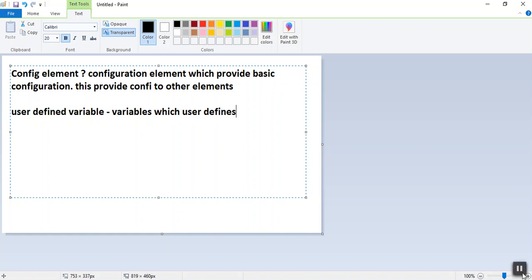We define x is equal to 10, y is equal to 50, these types of variables. For example, a name variable with the value QA Guides, and another variable, say role, with the value trainer.